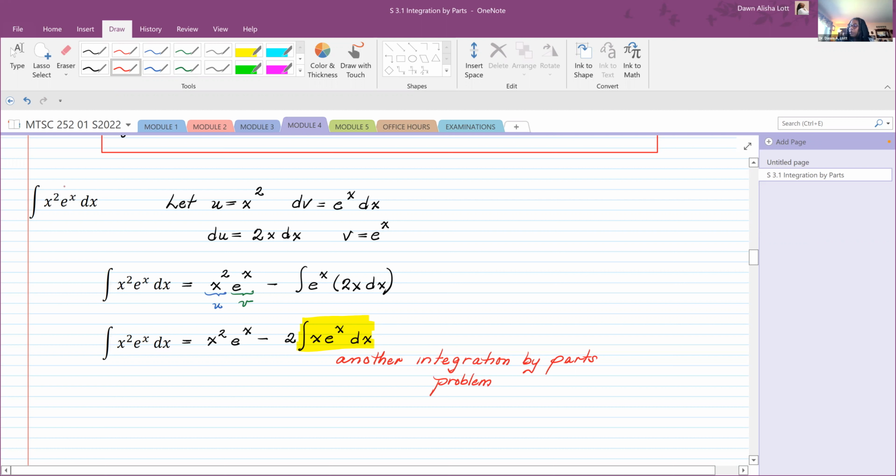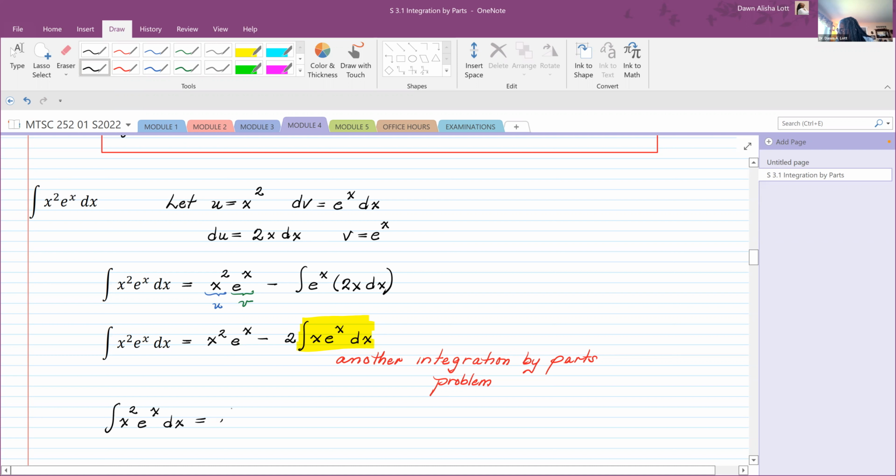So when our u looked like x squared, the du gave us 2x dx, and that created another integration by parts problem. Now, if I had not already done this problem, I'd have to do it. But luckily, we've already done this problem. So we get the integral of x squared e to the x dx